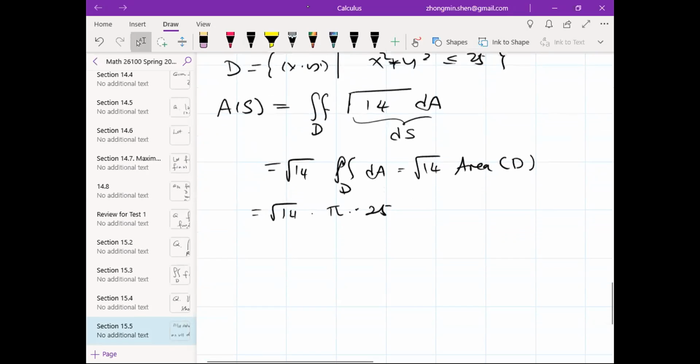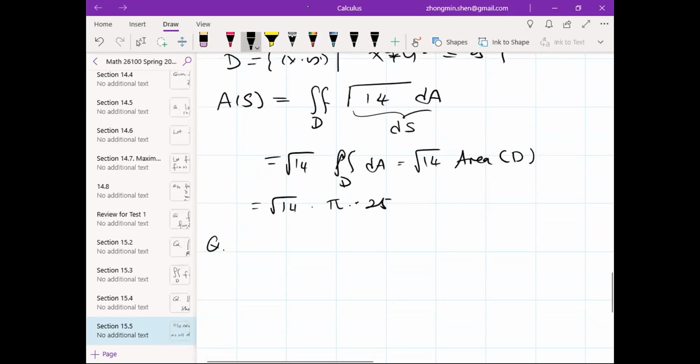Yeah. Let's do the next problem. The surface is given by,